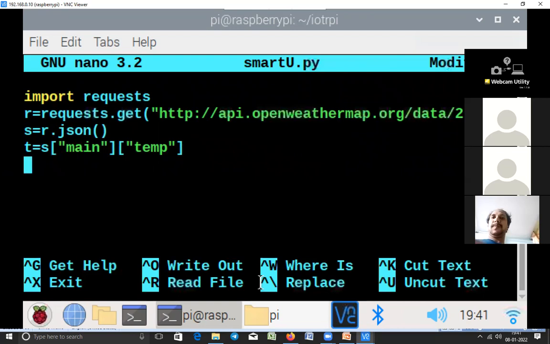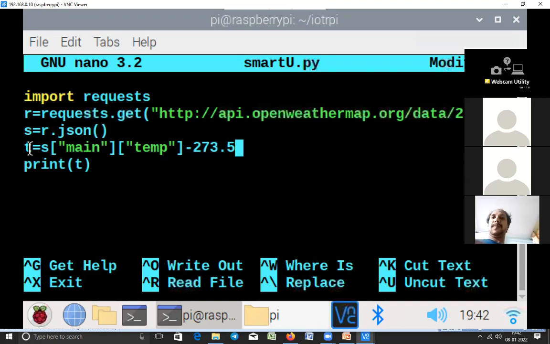Now print here, print t, suppose print temperature. So you'll be getting temperature, and we want to convert that into degree centigrade. Directly, Kelvin can be converted to degree centigrade by subtracting 273.5. Minus 273.5. So t equal to S of main temp minus 273.5. We have converted this Kelvin into degree centigrade by subtracting 273.5 from the entire value.